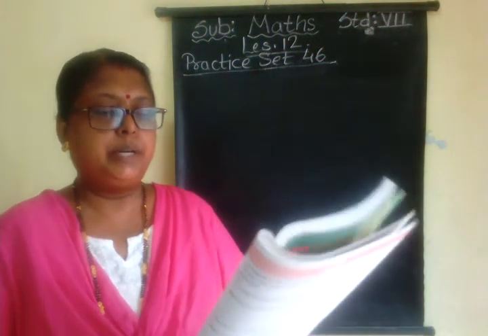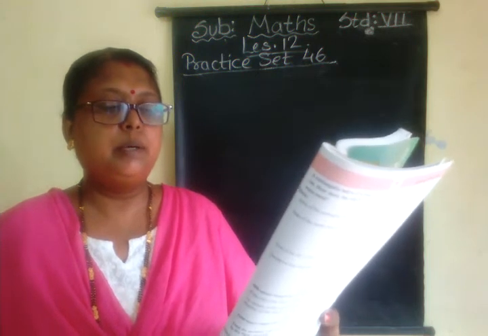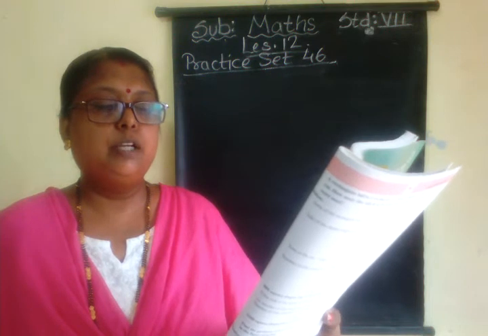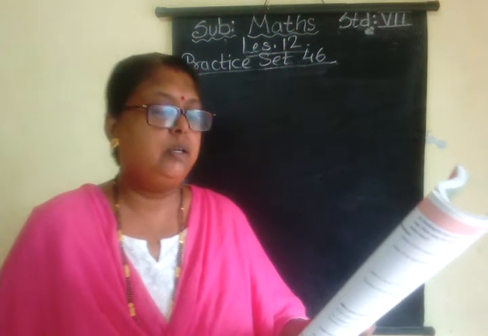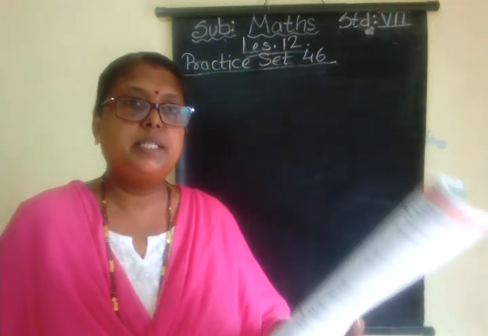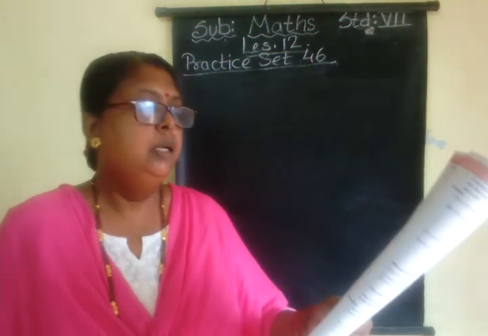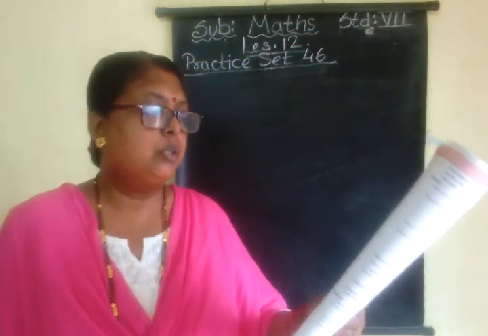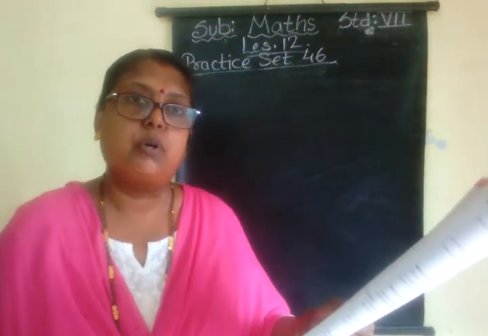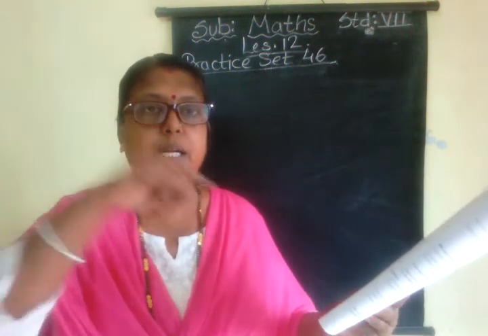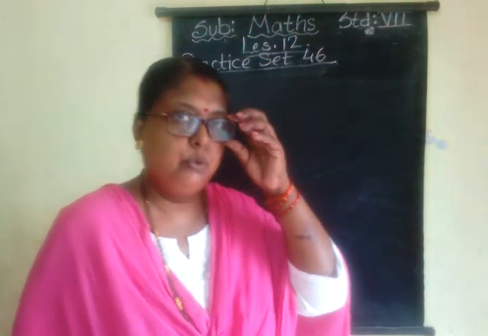What is the value of rectangular plot of land 75.5 meter long and 30.5 meter broad at the rate of rupees 1000 per square meter? Means you have to find the cost of the rectangular plot of land. Now they have said it is a rectangular plot. Rectangular means the shape of the plot is rectangle. So its length and breadth is given. You have to find the total cost. So to find the total cost, children, first we have to find the area of the plot. Always remember, you have to find the area of the plot. So we know the formula of area of rectangle, length into breadth.